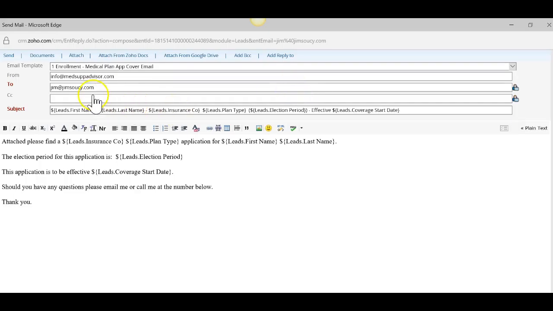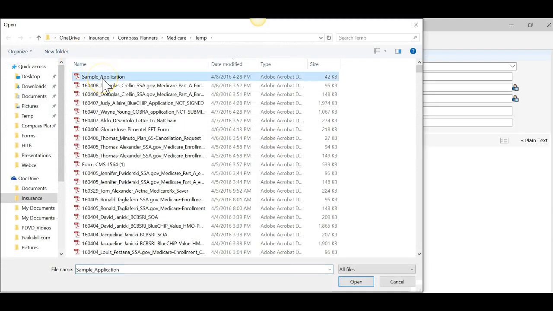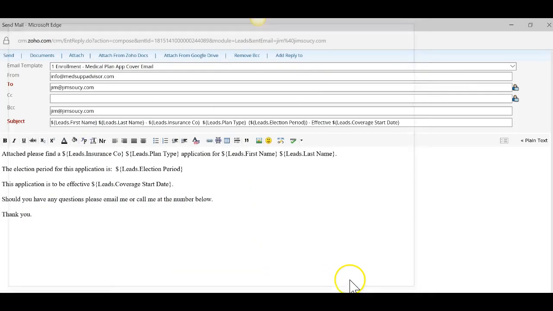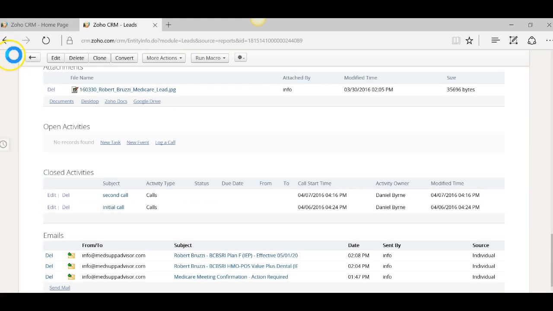So that's going to be for the plan F with Blue Cross. And again, I would blind copy myself, right? And I would just attach, let's just assume this is the Blue Cross Plan F application, right? Send that. And then I would go back and I would send another email